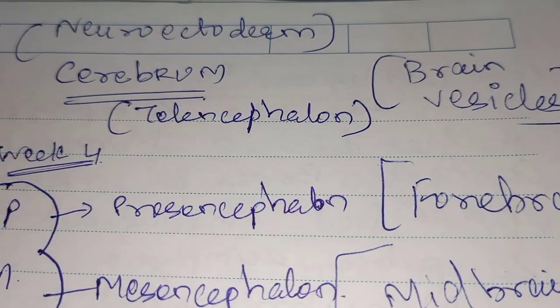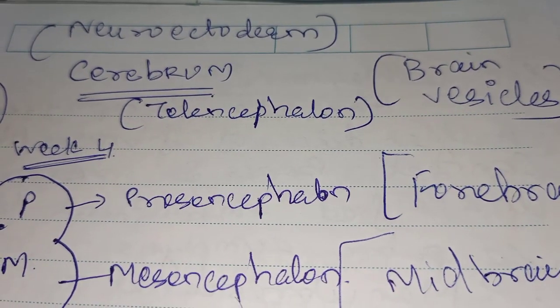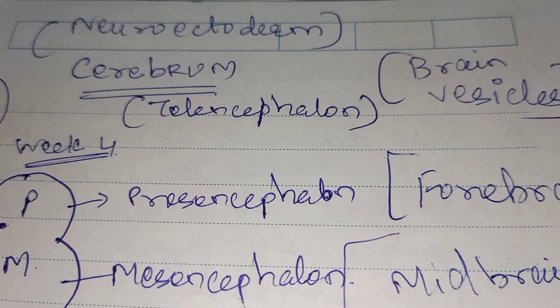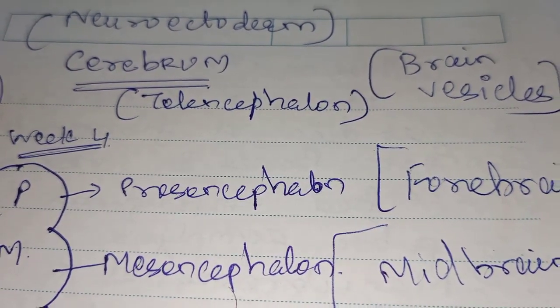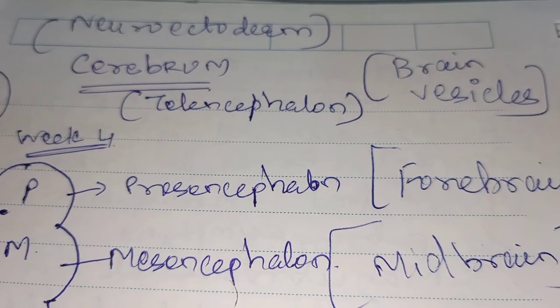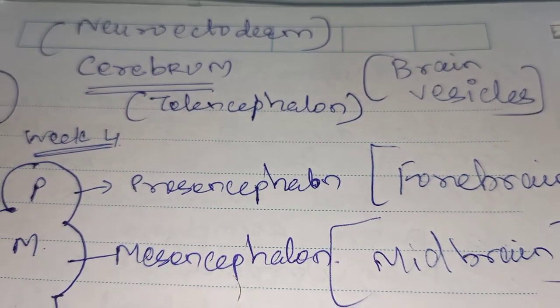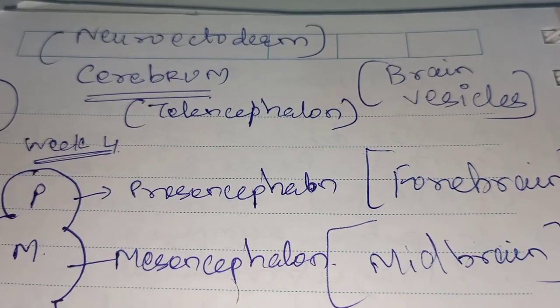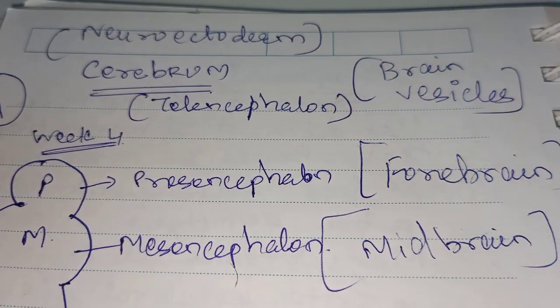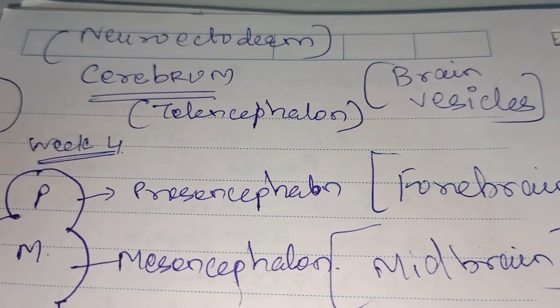Hello students, today I will start with a new chapter, neuroanatomy. Okay, that is our brain, a very important organ of our body which controls each and every function happening in our body. Now, embryologically the brain tissue is derived from